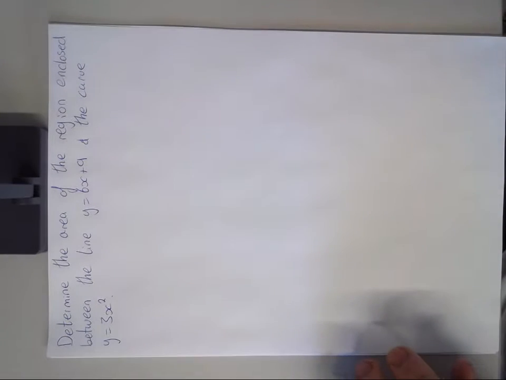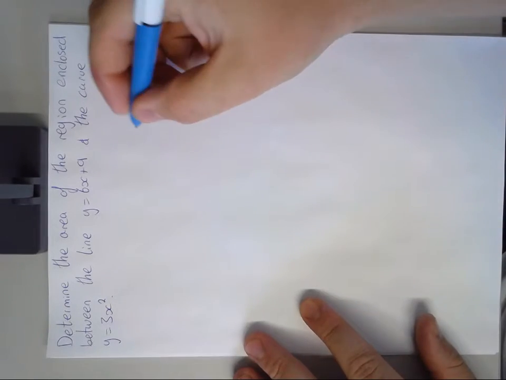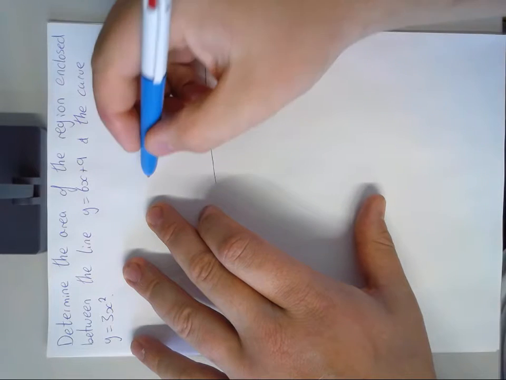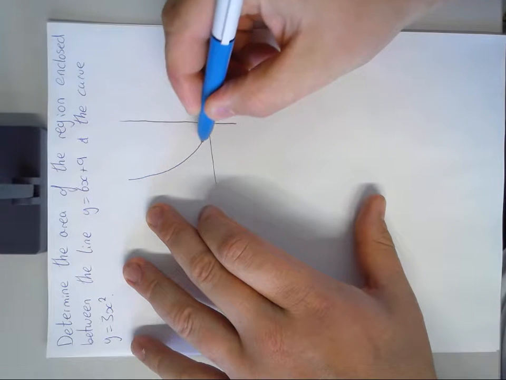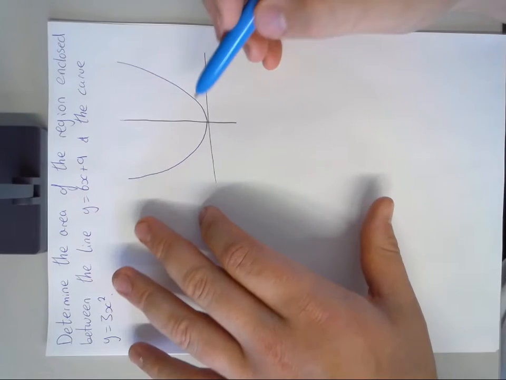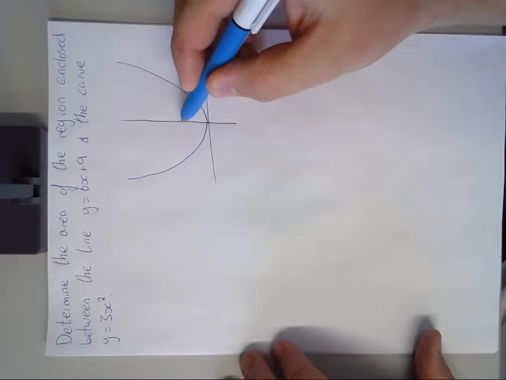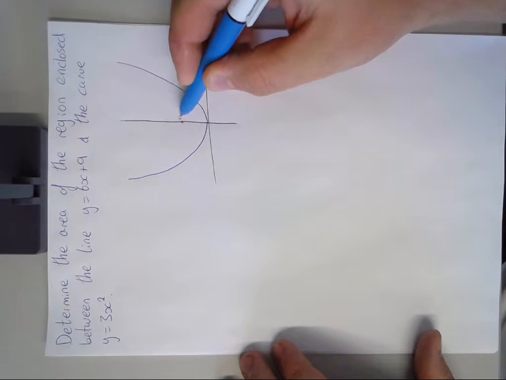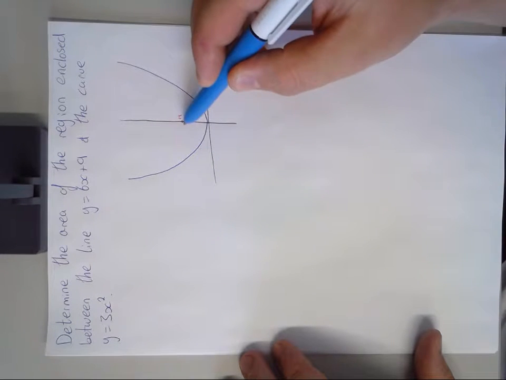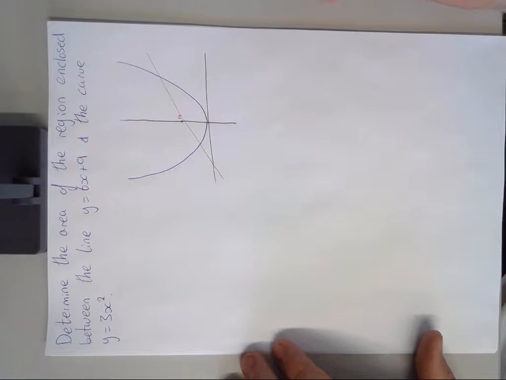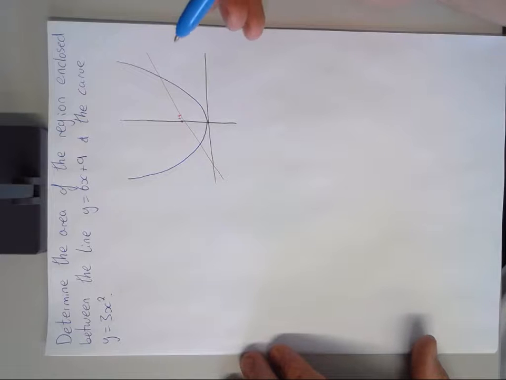So if I just draw a bit of a sketch of this, it should look something like this. We're going to have our quadratic, and we know that because it is just 3x squared that it's going to go through my origin here, and we know that our other line, as it is 6x plus 9, is going to intersect my y-axis at positive 9, somewhere like that. So I know that my graph is going to look something like that. And now we want to know the area enclosed between these 2 points. So we actually want to know